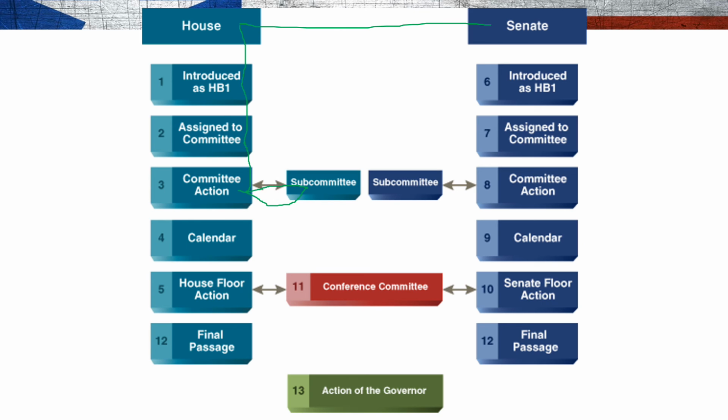So after the committee reports on the bill and says we recommend this bill, then the bill is put on a calendar, the House calendar in this example, by a calendar committee, and it says when the House is going to consider the bill. It has 140 days, and the calendar committees decide where in that 140 days the bill is going to actually be heard.